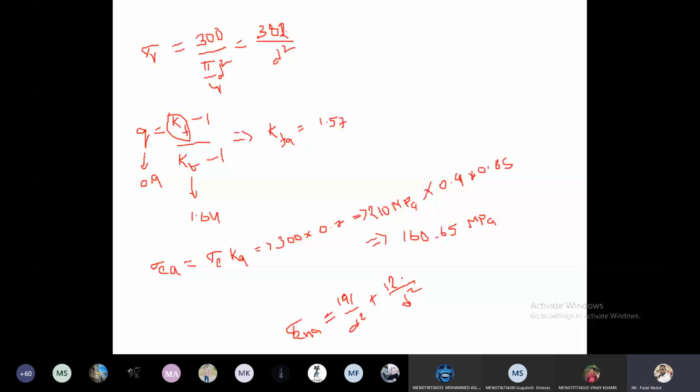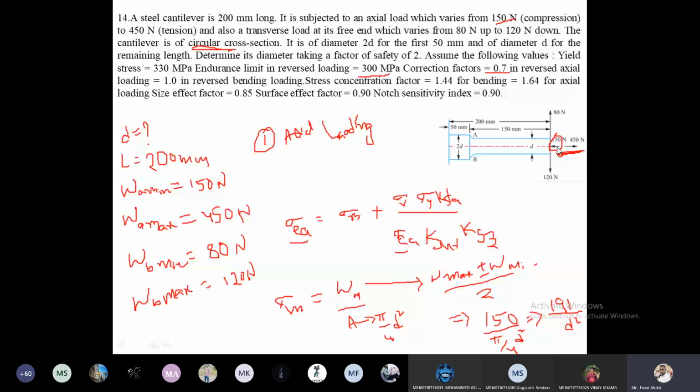So this one, the equivalent normal stress due to axial loading, we calculated because here if you see the system for the cantilever beam, there are two systems of forces: one is axial loading, the other is the bending loading. According to the axial loading we calculated. Now I am calculating according to the bending loading. So according to the bending loading, see here. What is the equation here according to bending?